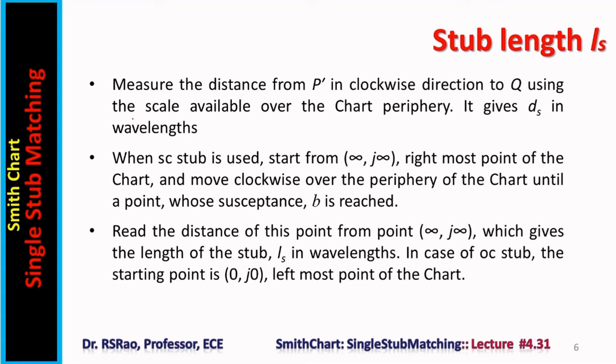Here one point to be mentioned is, one can use an open circuited stub or a short circuited stub. There is no bar, but usually short circuited stubs are used instead of open circuited ones. The reason is, open circuited stubs tend to radiate. When radiation is there, it is no more an open circuit. This problem doesn't exist in the case of short circuited stubs. Therefore, usually short circuited stubs are used. So to find the length of the short circuited stub, the starting point is the leftmost point of the chart, denoting infinity.